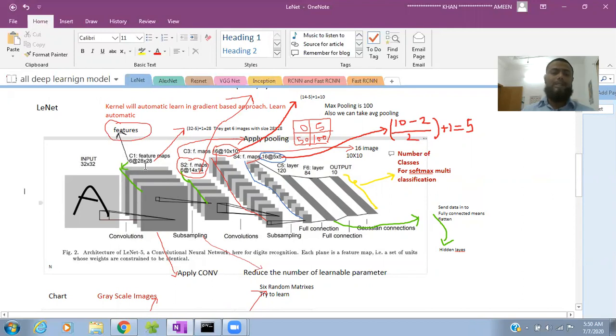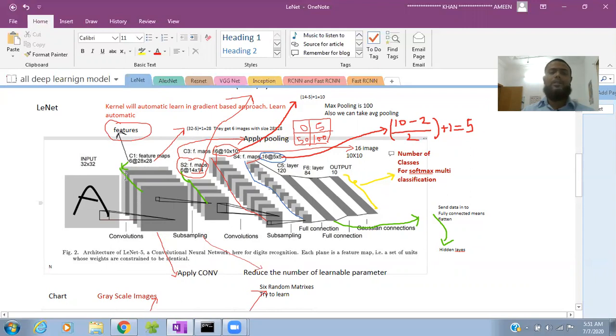So how do they get this next image, 28 cross 28, because before it is 32 cross 32? They have a formula to find the size when they pass to the convolutional layer. It is 32 minus 5 plus 1. They are choosing the filter of 5 by 5.